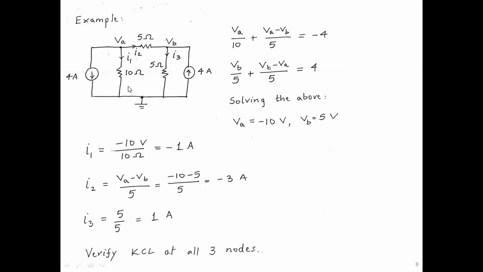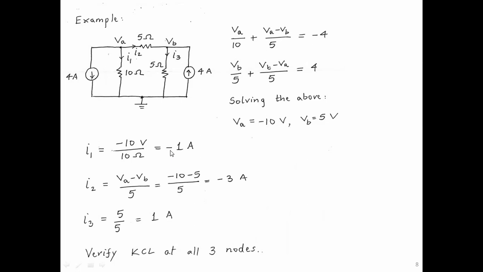Alright, so what we see is, of course, that the currents may turn out to be negative. We've assumed some arbitrary direction for I1, I2, and if the current is flowing in the opposite direction, the current will simply turn out to be negative. Alright, you are going to solve a lot of nodal analysis problems in your homework, because the only way you'll eventually learn nodal analysis is when you yourself solve problems with it.